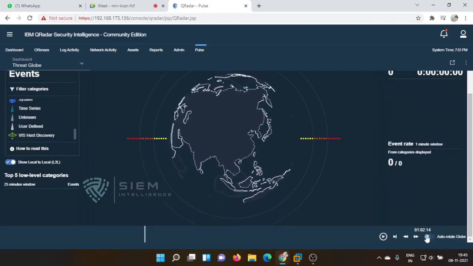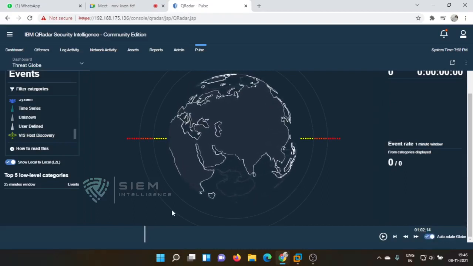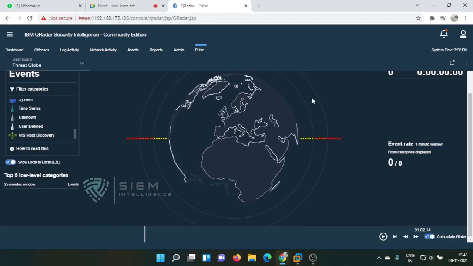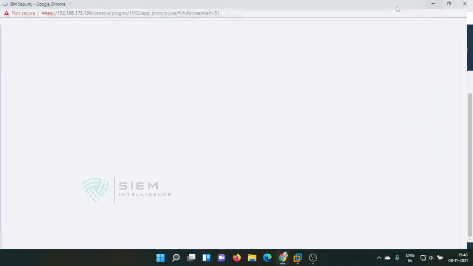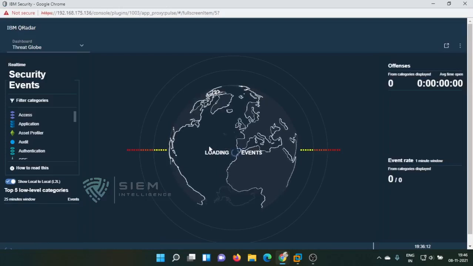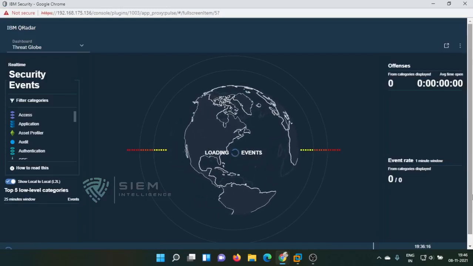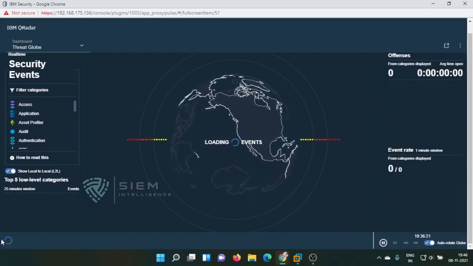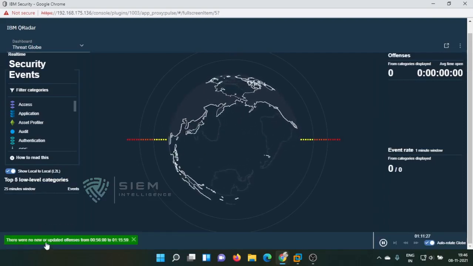You can stop this. See, you can stop this, but it's nothing. But it requires some time to refresh itself, but you can detach from here and you can see in another window. But it requires so much time to show the logs. See, if you want to see the log activity, it is not yet completed. Once it is completed, there are no new and updated events.